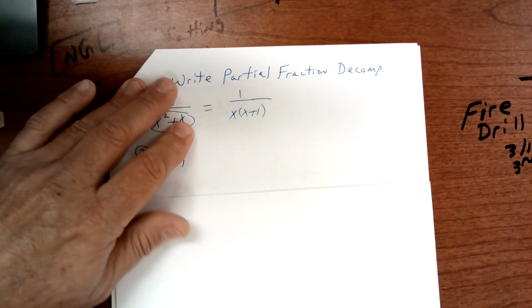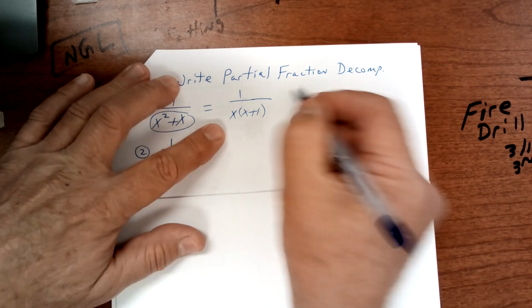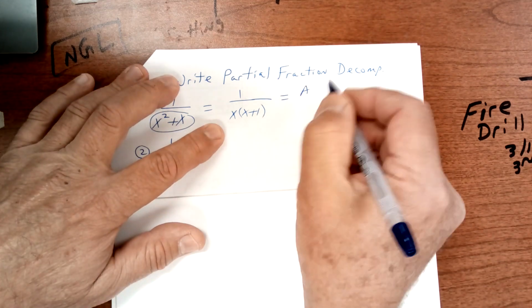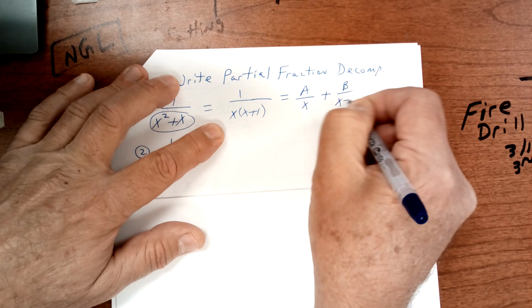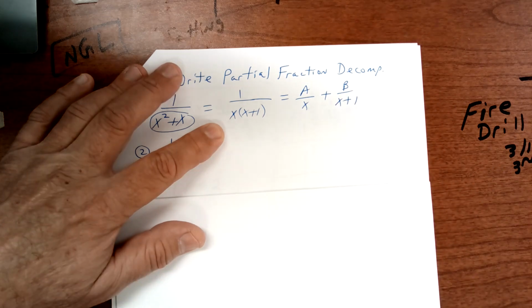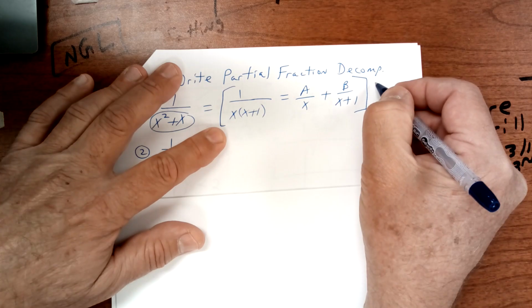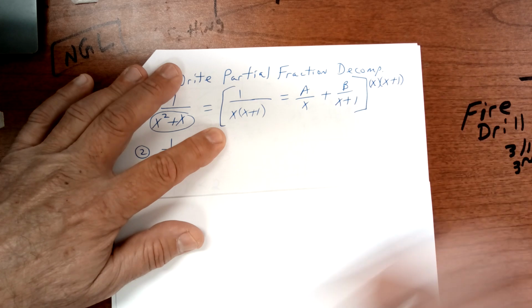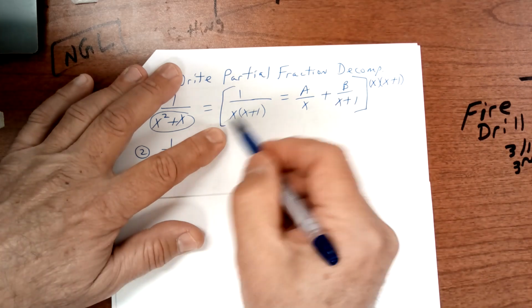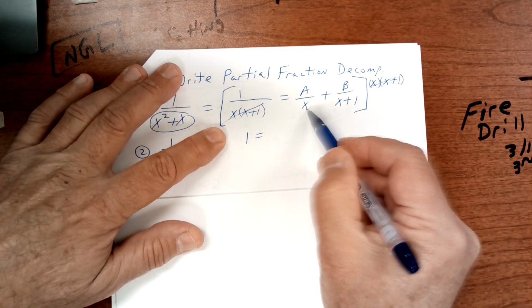All right, so at this point, you're going to break this up as a over x plus b over x plus 1. Okay? You're going to multiply everything by your least common denominator, which is x times x plus 1. Okay? When you do that, all of this cancels here. So you're left with 1 is equal to,